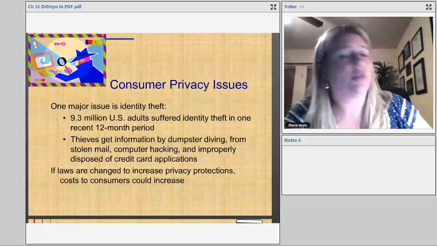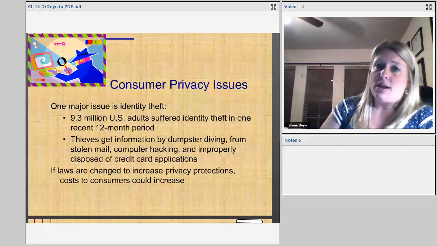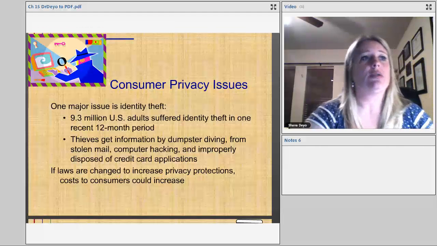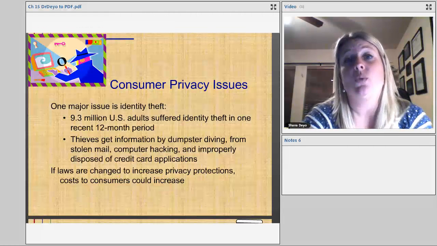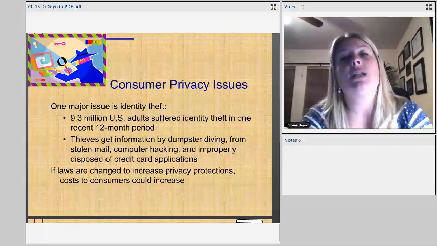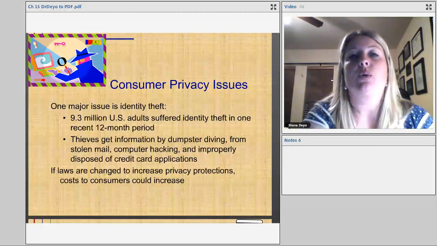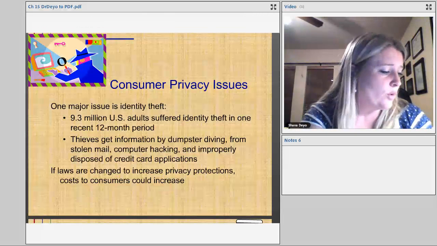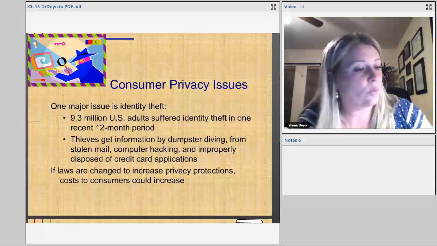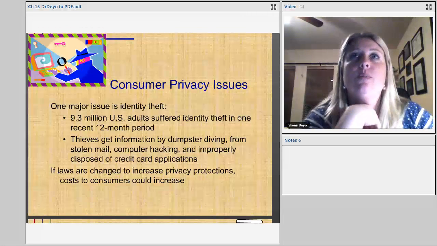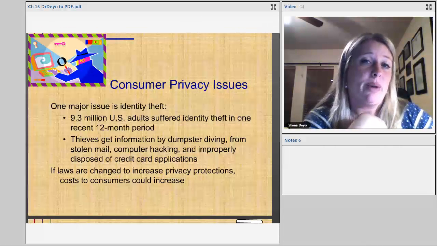So there is some concern that if we increase privacy protections online or with credit cards in any regard, the cost would actually go up to consumers, because someone is going to be watchdogging that more, meaning that we have more people to pay in the chain who would be actually sort of watching for this. California is the only state which requires data companies to notify you when records are compromised. So not all states have to notify you right away when your records are compromised.